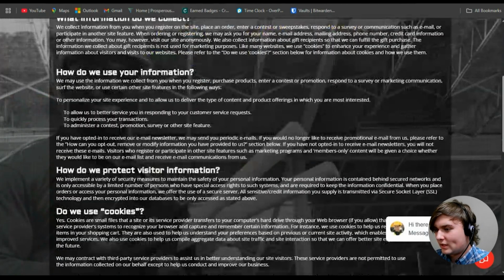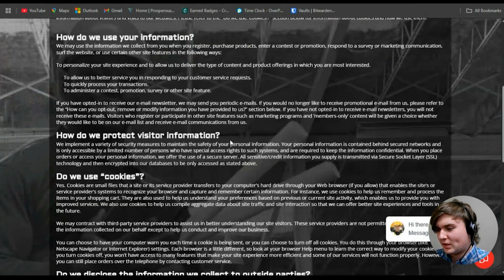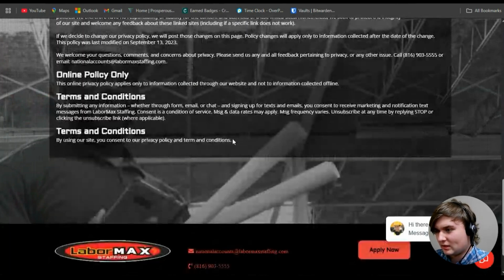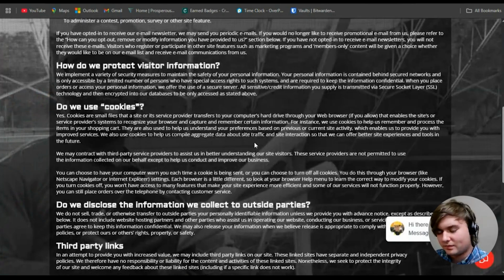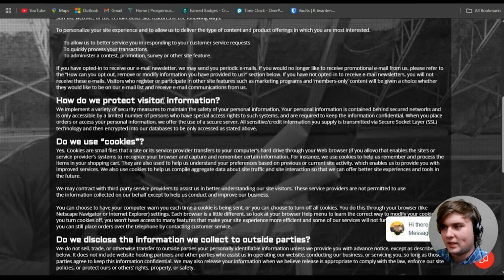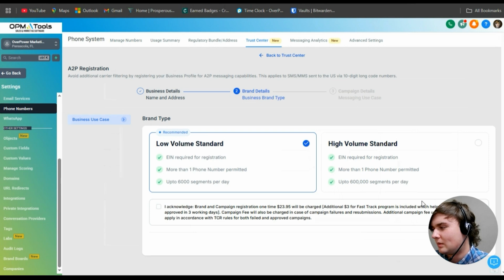And here we have just a long list of the privacy policy and terms and conditions. You can very much look for formats or guidelines as to how to build your own terms and conditions and privacy policy. But just make sure that you have your own page set and ready for use. Now, going back to the A2P registration,